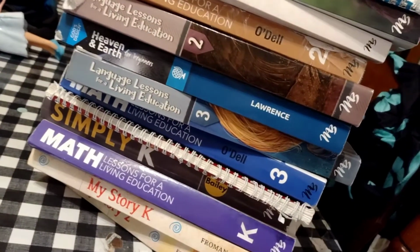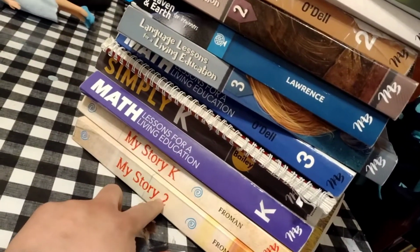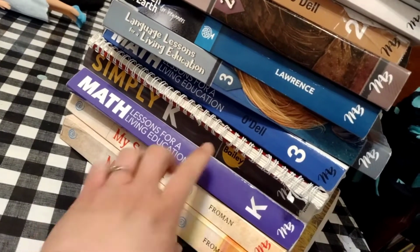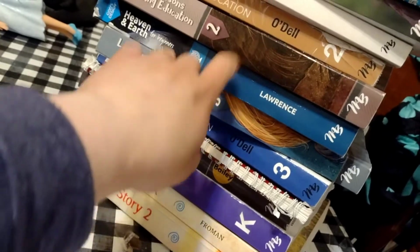And then they also share the same My Story too. Richard and Tim do. And Alex has a kindergarten one. So the K's are for Alex, 3's are for Richard, and then 2's are for...